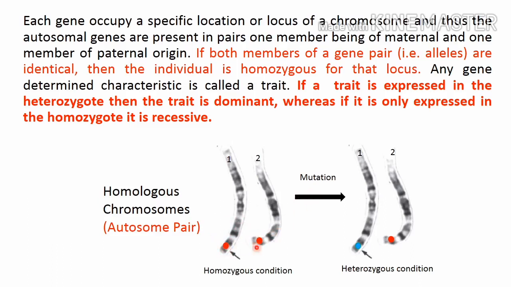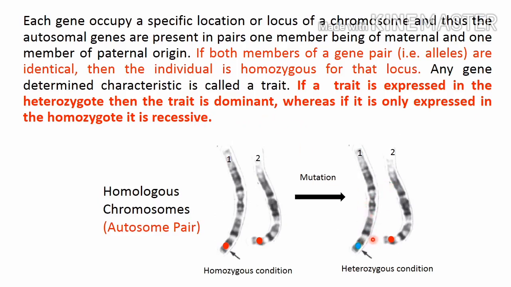Due to mutation, any one allele may undergo a change, as represented with this changed color on this gene, and then this becomes a heterozygous condition. Similarly, another gene may undergo mutation, and if this becomes like this gene, then this will become a homozygous condition. So when a gene is mutated and the allele pair becomes a heterozygous condition, and if any disease occurs, then this is known as the dominant disease.